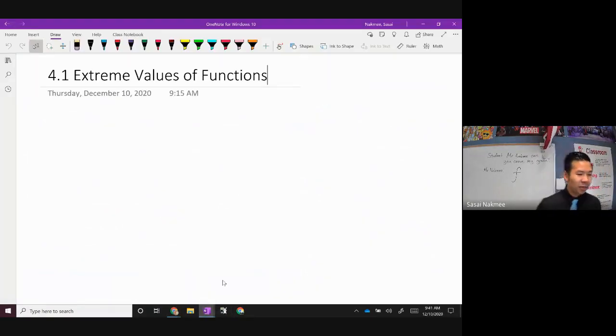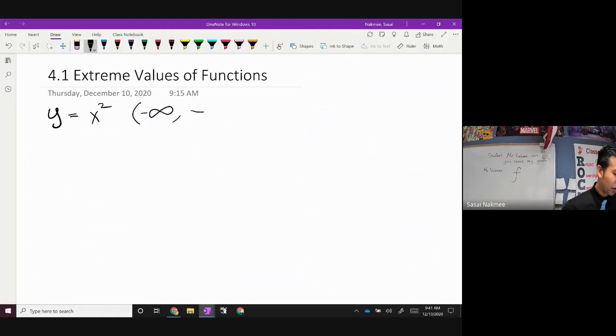So, extreme values of a function. All right, that's going to be the name of this chapter right here. So before we actually get into it, I want you guys to check this out real quick. Just take a look at this function right here. Let's say we have here y is equal to x squared, right? On the interval negative infinity to infinity. The domain of this function is from negative infinity to infinity. And if I were to graph this,